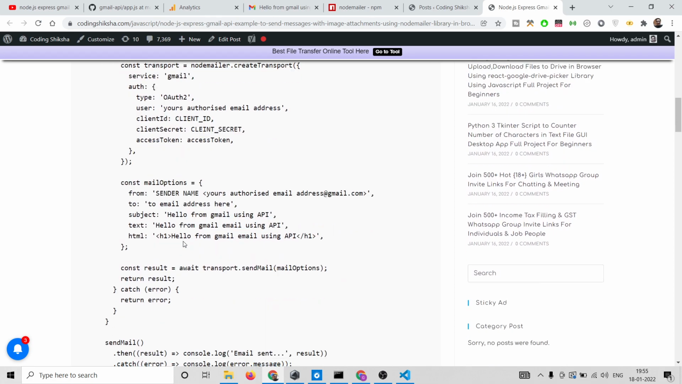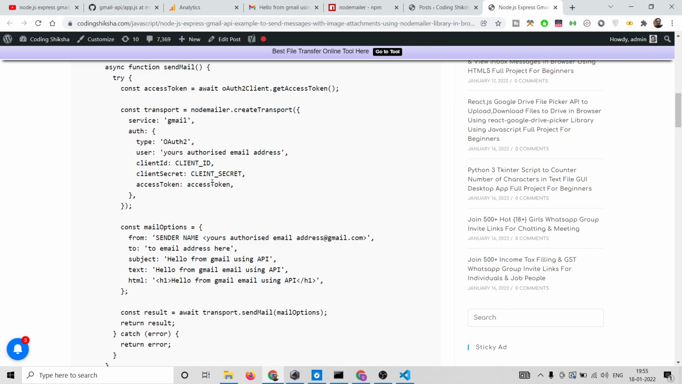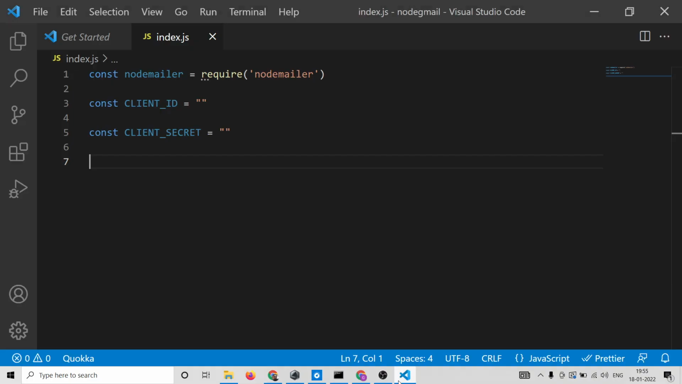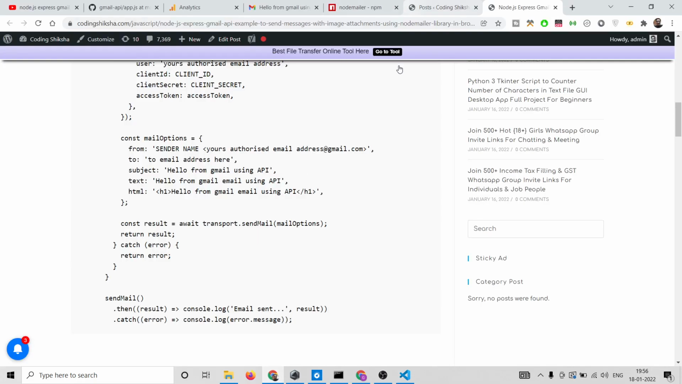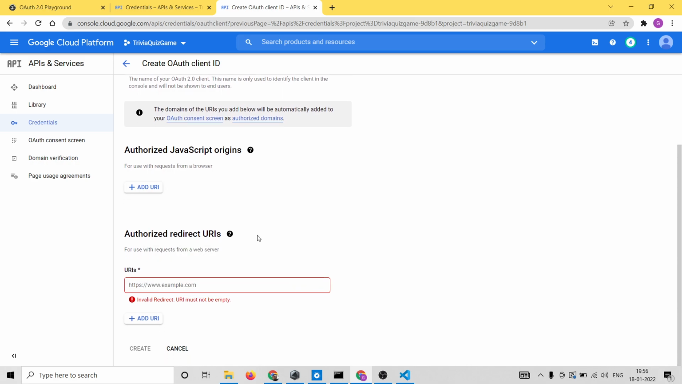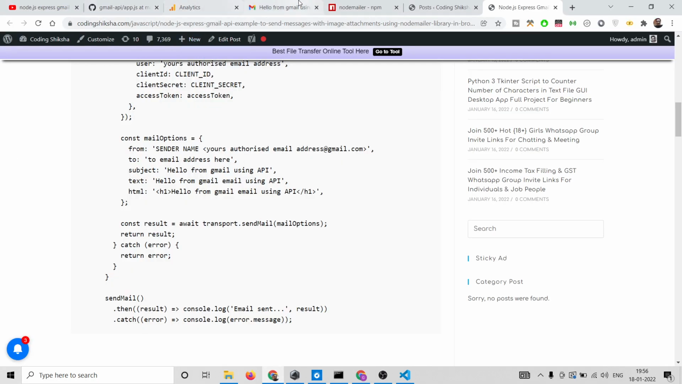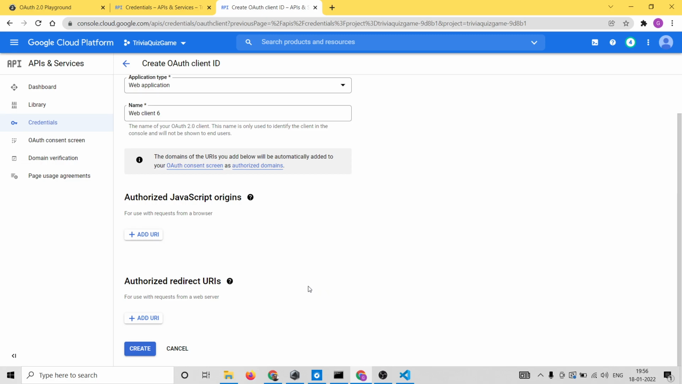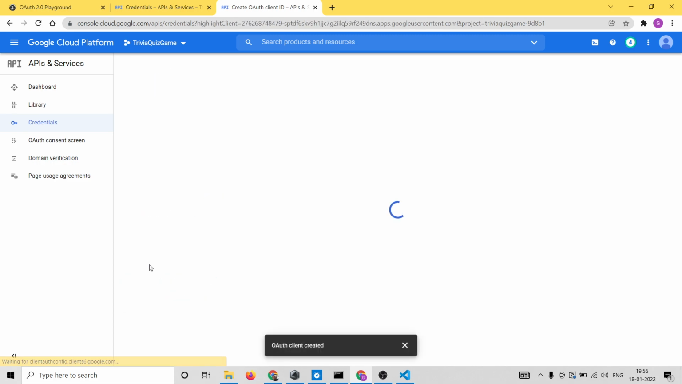I think we don't need any of these redirect URIs. You just don't need to fill out these details. Let me check, I think this is a mandatory field, and it needs to be filled out. If I don't add this, so if I click create and don't add any of these,